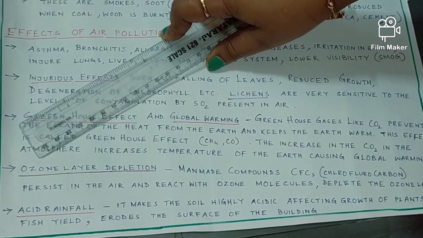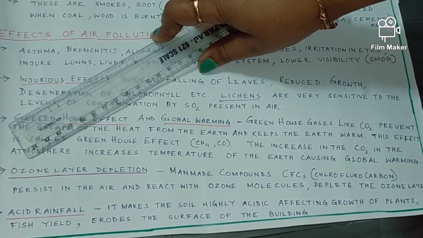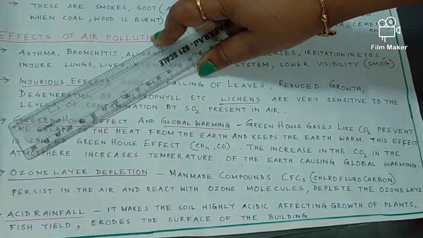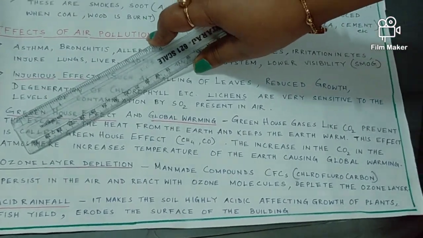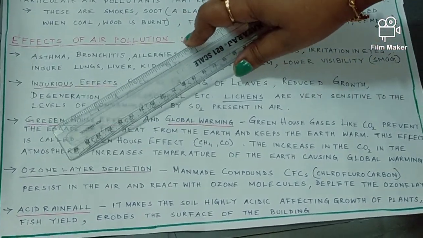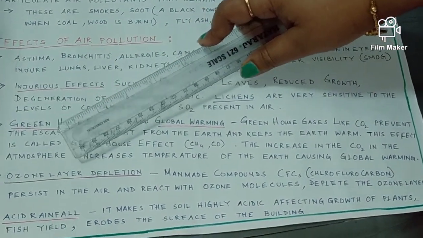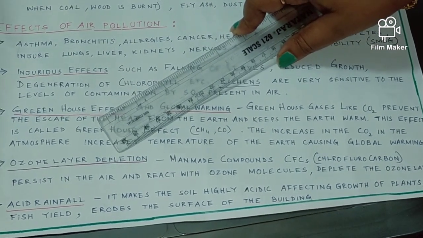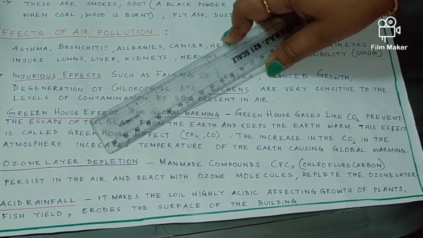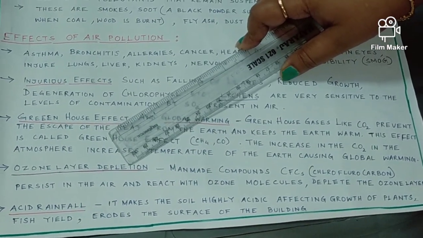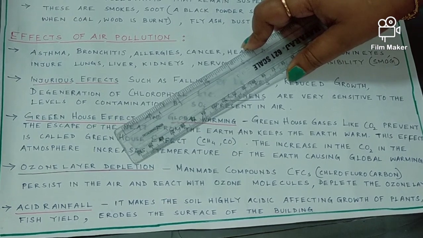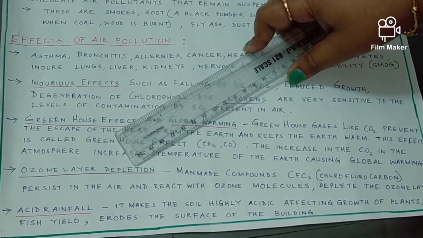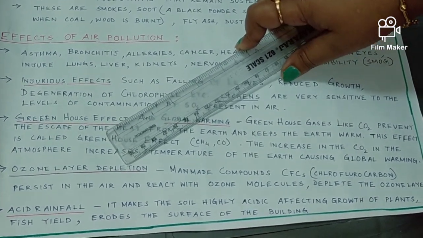It can cause heart diseases, or it will reduce the immune system, it will cause skin cancer, then irritation in the eyes. So for protection from the ultraviolet rays, the ozone layer is very much important for us. But this ozone layer is getting depleted due to CFC, chlorofluorocarbon. It is a man-made compound. This chlorofluorocarbon is used in refrigerators or aerosol sprayers because of its cooling effect. So in the refrigerator we are using CFC, or in the aerosol sprayer we are using CFC.